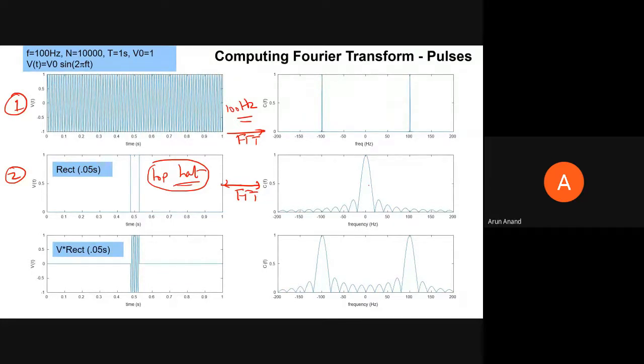Now the FFT of the rectangular pulse is usually a sinc. So this power spectrum is sinc squared, in this case of time. Sinc of x is equal to sin x by x, and it is equal to 1 at x equal to 0. You might have gone through these things. You know about sinc x, right? Si and c x.